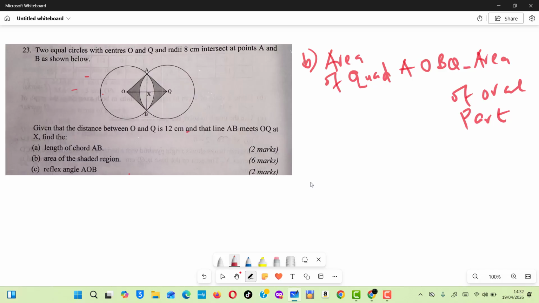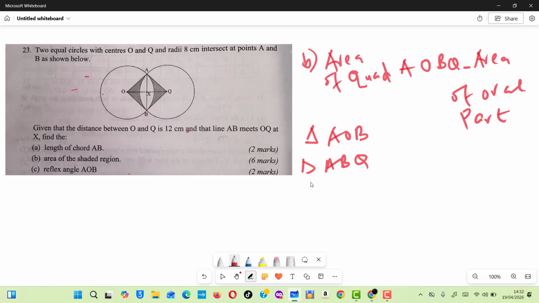Okay, so the first thing we're going to do is find the area of the quadrilateral. The quadrilateral is made up of two triangles, and the two triangles are triangle AOB and triangle